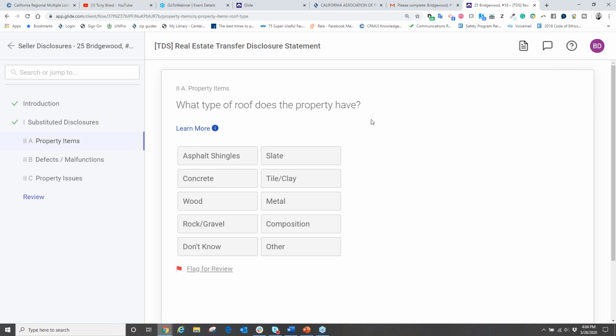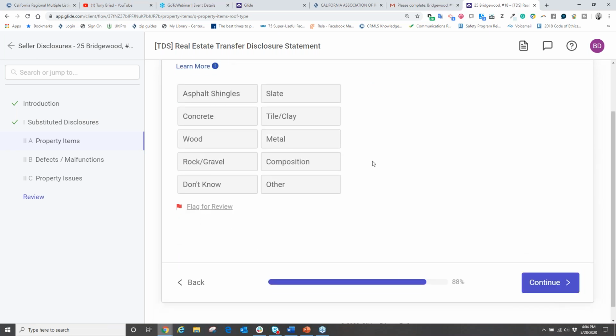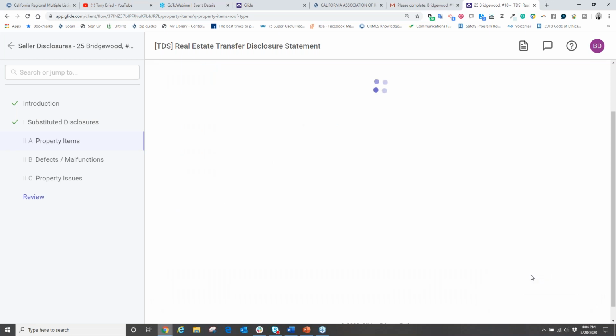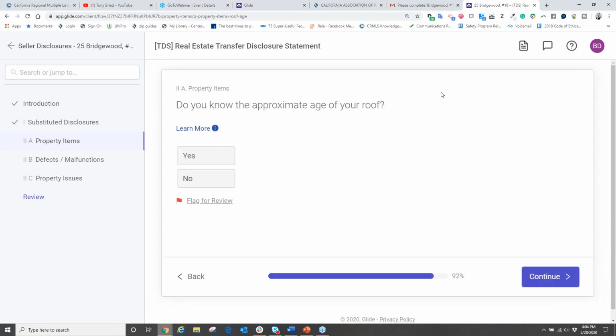What type of roof does my property have? I don't know, I've not been on the roof in a while. I think it's clay tile. If you notice here, we're just very quickly and easily filling in our questions, and it's going through each section one at a time. So hopefully the client will answer the questions correctly. Now, if for some reason Bob has a question, number one, I'm on the phone with Bob going through all of this. So when Bob says, I'm not really sure of the approximate age of the roof, I don't want to give a definitive answer,